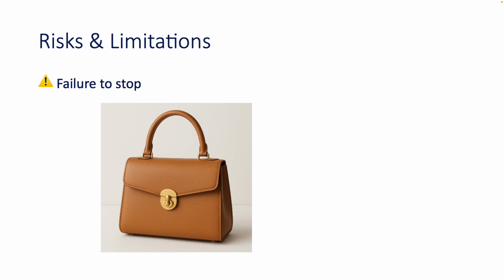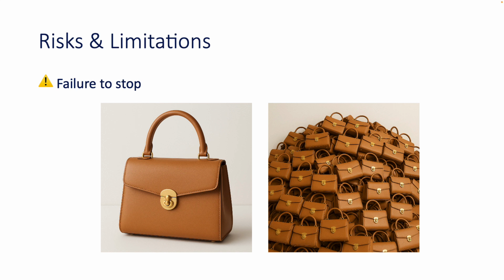The second risk, again, because of the loop nature of these agents, is that the agents can fail to stop. So let's say there is a shopping agent where an agentic AI is going to probably suggest to you and encourage you to buy a handbag. You say, yes, this is a lovely handbag. And we say, okay, let's buy. Now, the agent is going to say, have I delivered the handbag? No, the user does not have the handbag. Press buy. Has the user delivered the handbag? No, the user does not have the handbag, and so on. And this failure to stop can mean that the agent will run this loop and loop and loop again until you end up with many, many, many handbags.